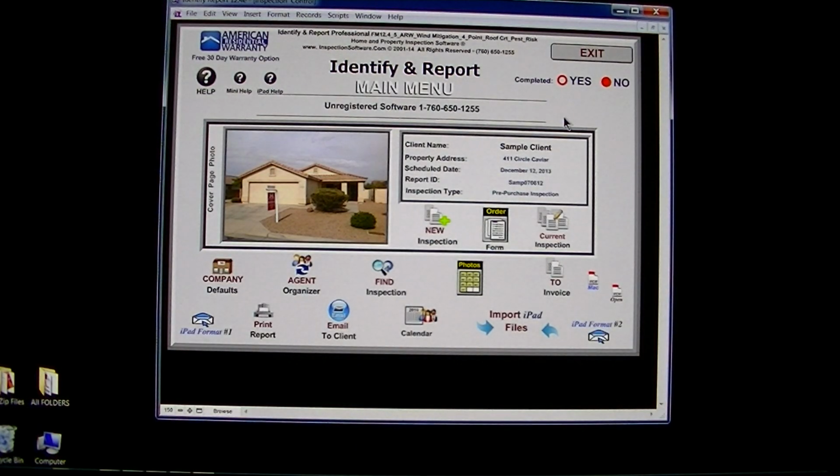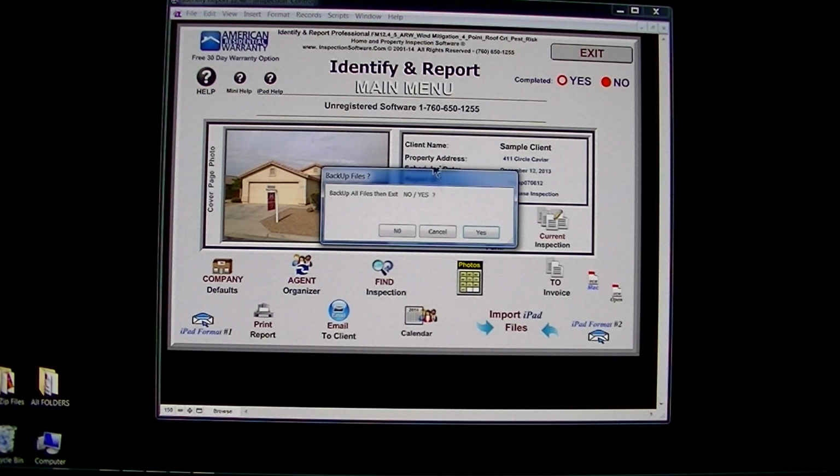I'd like to show you today how to move files back and forth to and from the iPad. The first thing I want you to notice is that you must be exited out of the software on the iPad as well as the computer before you transfer files back and forth. So the first thing I do is make sure I have exited out, because you don't want it to be